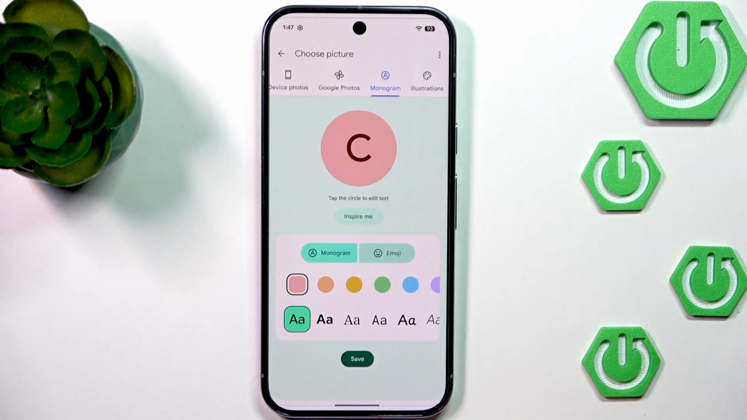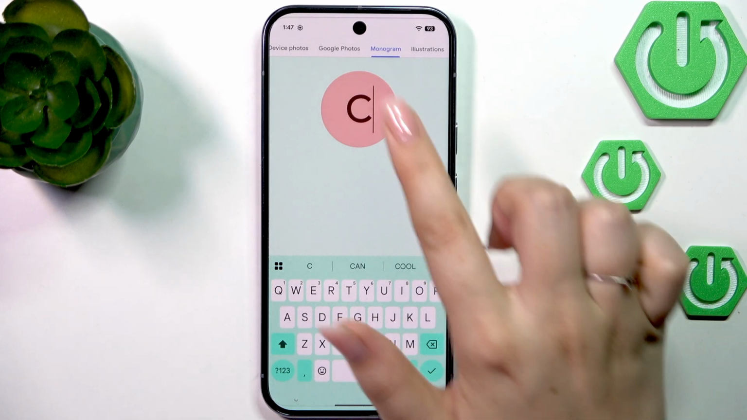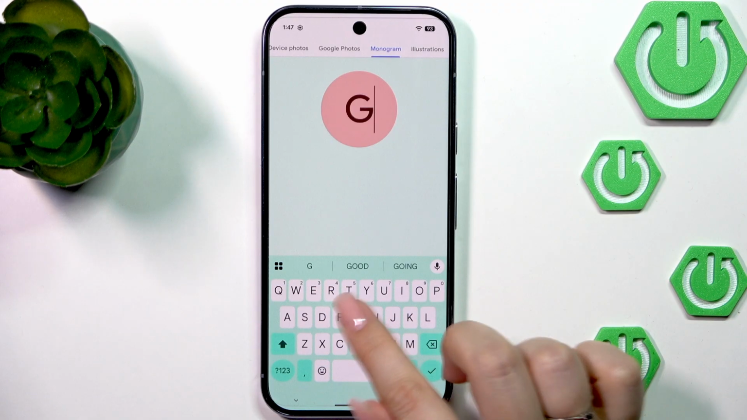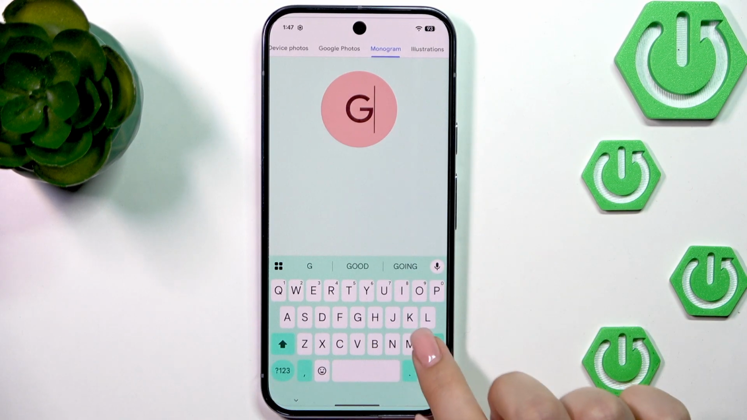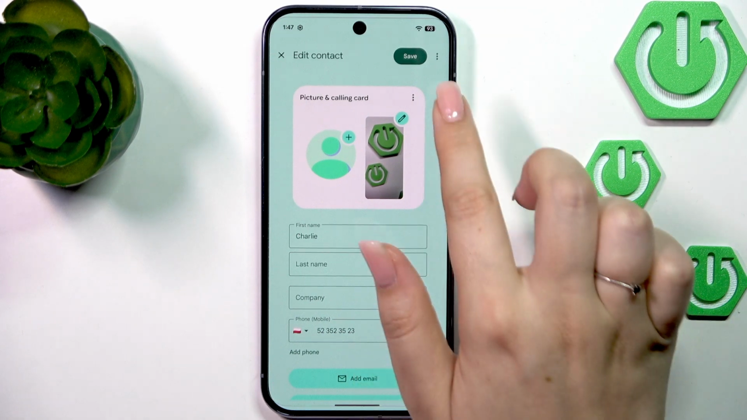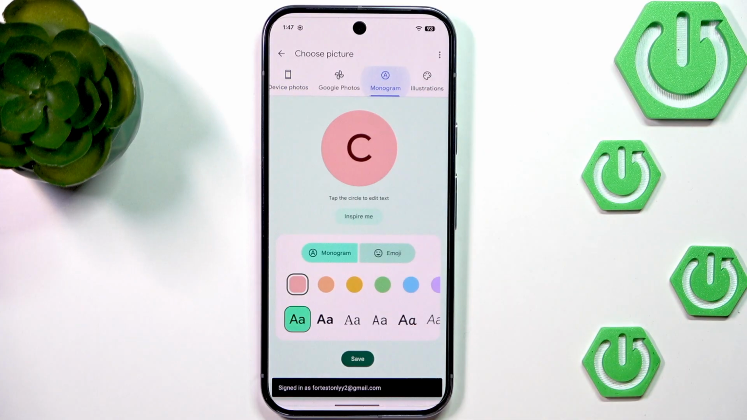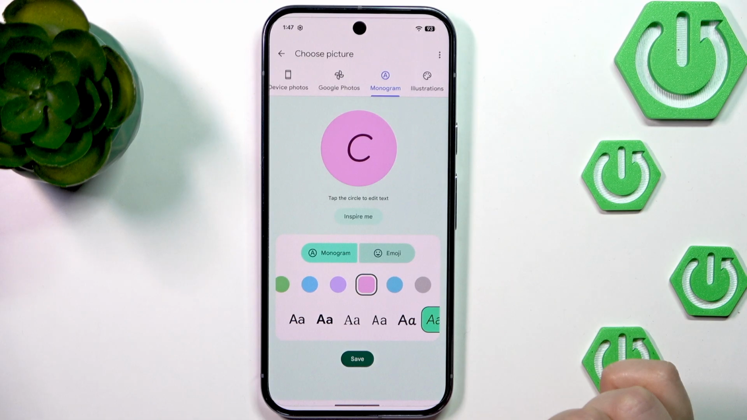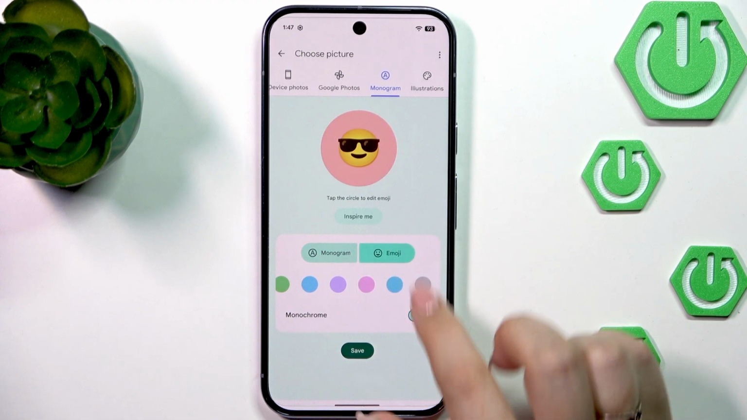We can also use monogram, so we can use the first letter of someone's name or surname. We can of course customize it, so just tap on it and you can change it to whatever you would like to. We can use only 2 different letters. So let me go back to C. We can also change the background color. We can change the font. We can also use emoji instead of